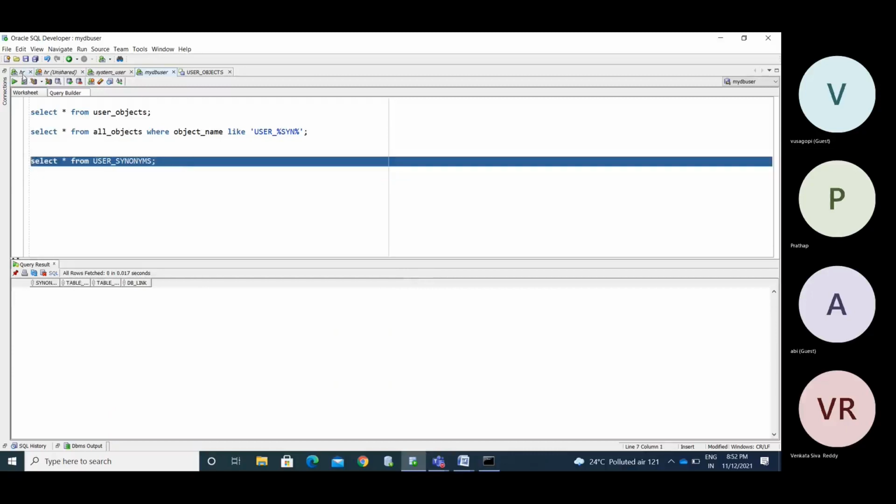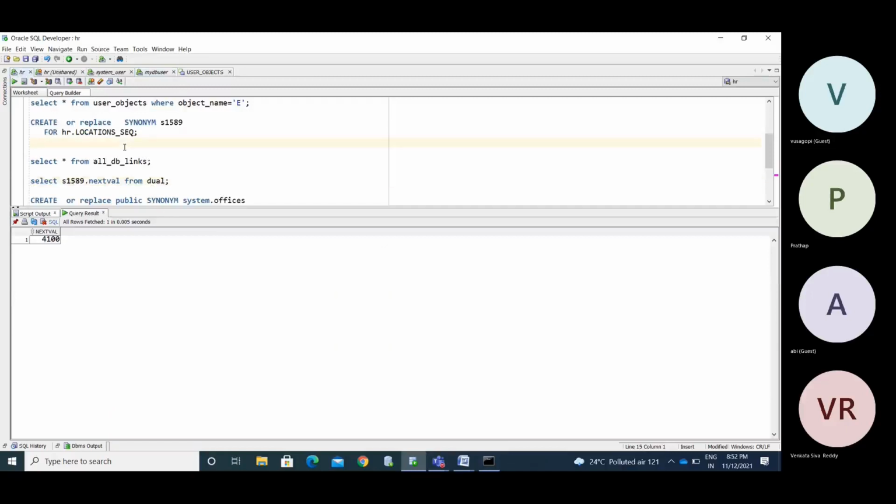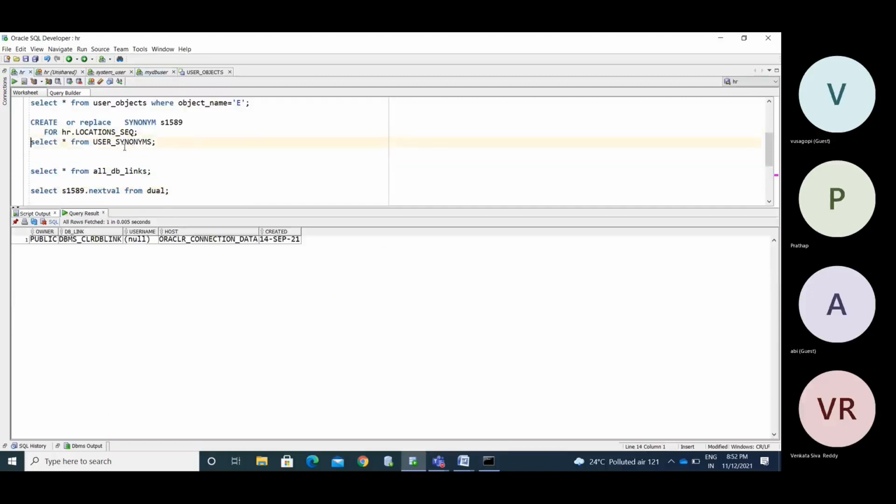Now we created it in the HR user. See, we created 518 as a synonym for location.sequence. So synonyms are captured and stored in user_synonyms, the meta object that stores them. This is about synonyms. Does anyone have any doubt? Everything is stored in this place only.